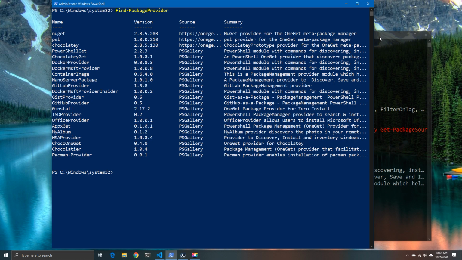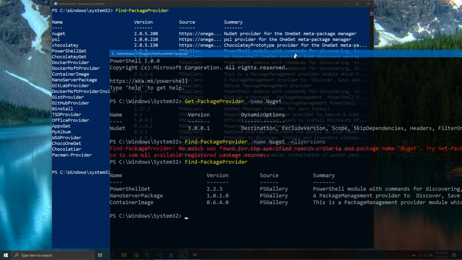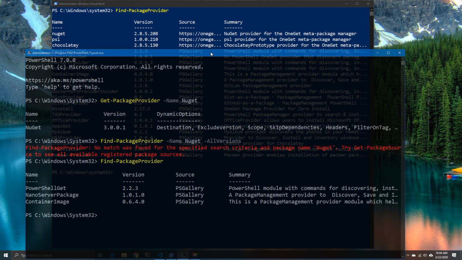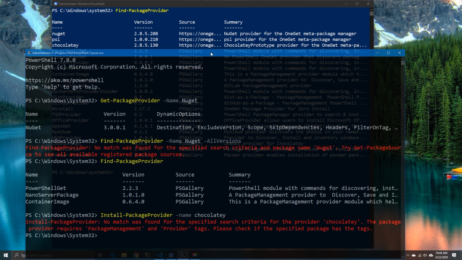So if I try manually installing, we go again back to 7, and we're just going to go ahead and try something. So we say, okay, Install-PackageProvider, and let's try Chocolatey. So we'll do the name, and we go ahead and put Chocolatey. What we're going to attempt to do is prove here that there isn't any hidden behind-the-scenes stuff. It just tells us no, it's not there, can't find it, not available for this version of PowerShell,